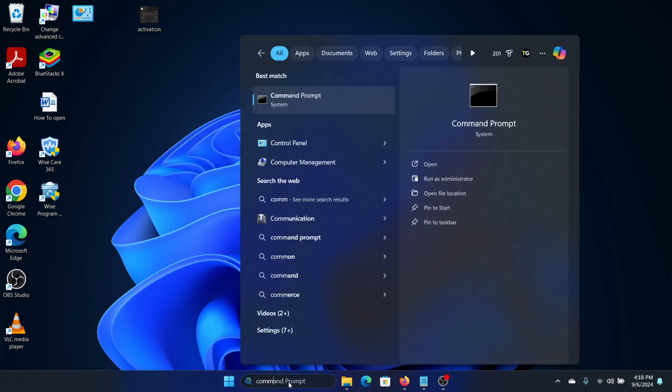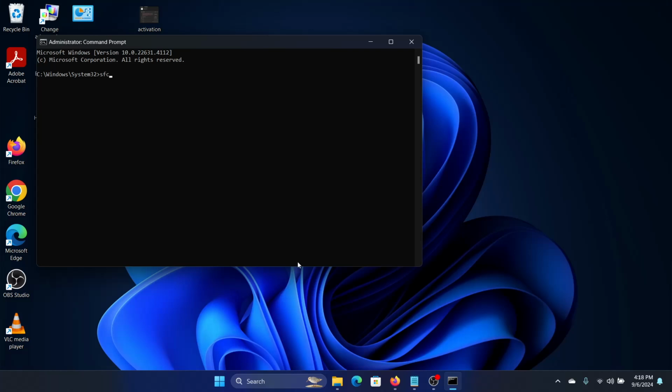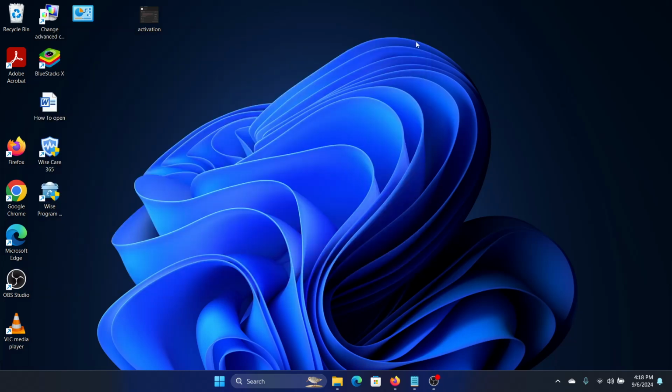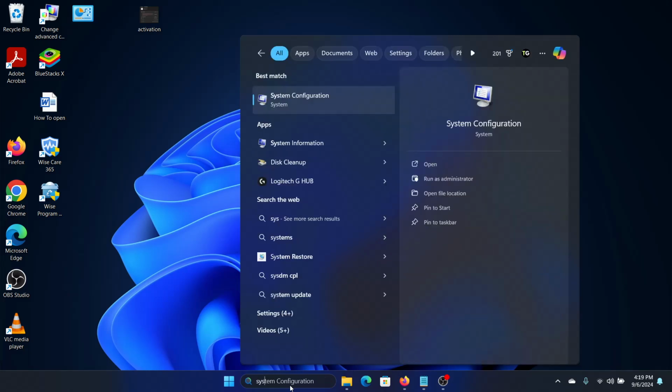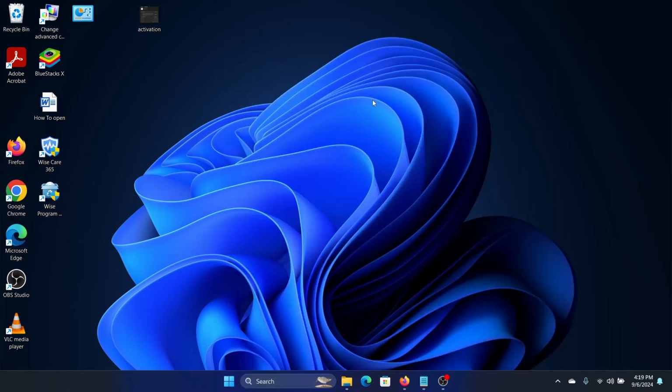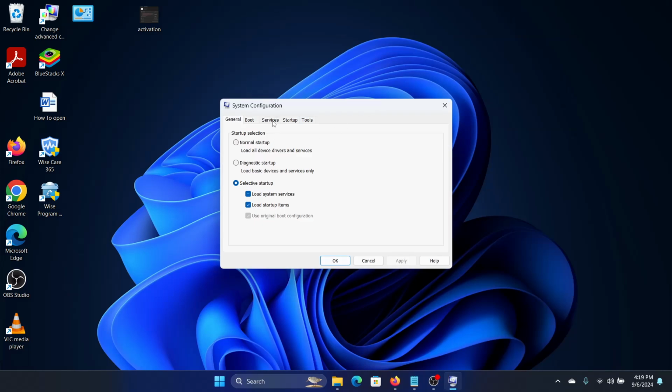So we'll look for command prompt in the search bar, right click on it, run as administrator, yes, and we'll enter the command sfc space slash scannow and press enter. We'll wait for the scan to finish and then we will restart the computer in the clean boot configuration. To do that, we'll look for system configuration, click on it, and then click on the services